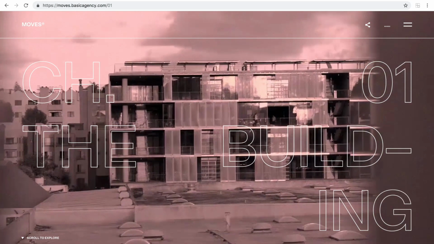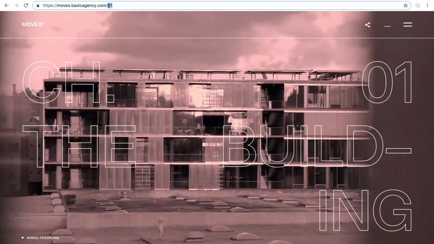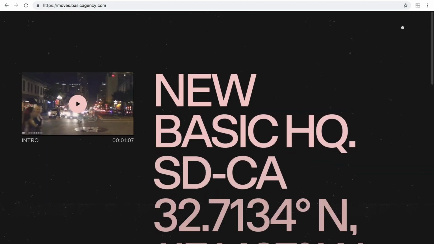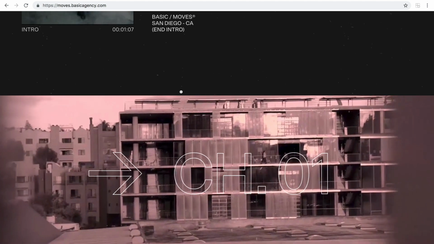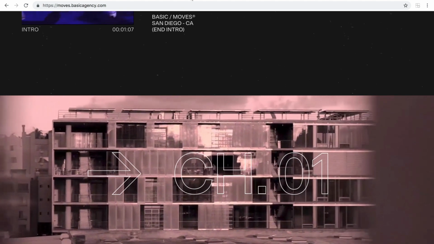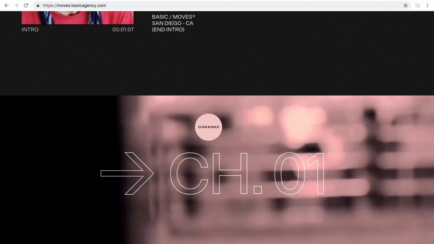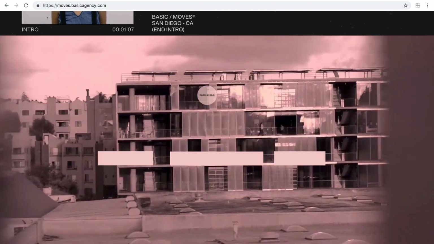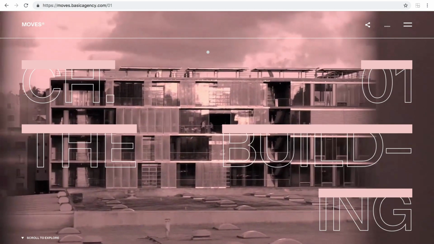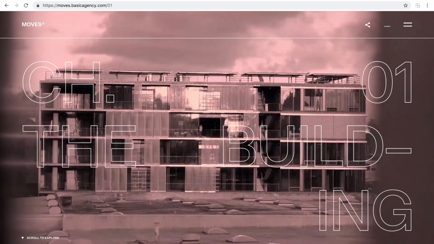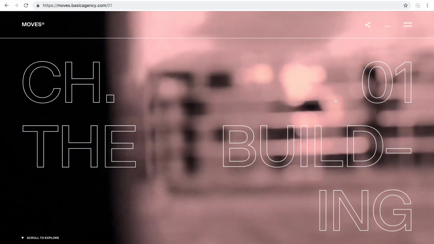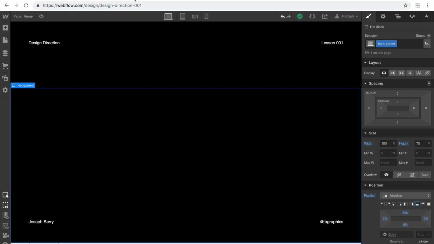Now going back to this example, what we really need to do is have a look. Let's just turn this off. We really need to have a look at how this movement works here, and it's not just like a move up, it's more of a reveal. So for me, automatically I can see that looks like there's basically a div behind that that is clipping that movement. So this is going to be set to overflow hidden,